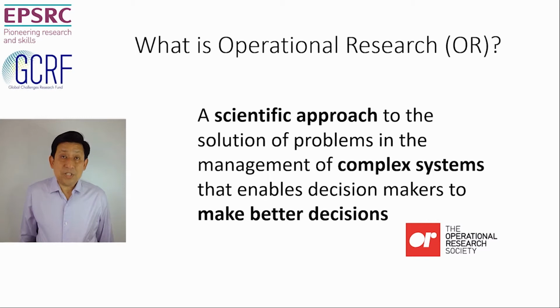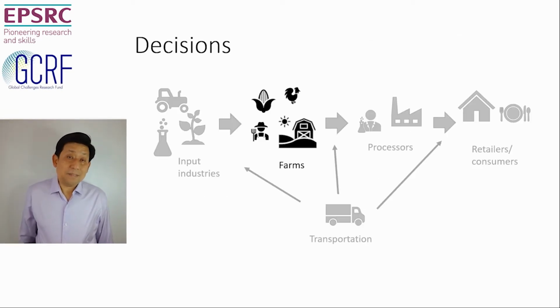Decisions can be very challenging when we deal with complex systems, such as food supply chain. To solve this, we use a scientific approach. It can be in the form of mathematical models, computational models, or software approaches like problem structuring methods to help us structure messy problems, so that they can be solved analytically. As I mentioned earlier, the objective of operational research is to help us make better decisions.